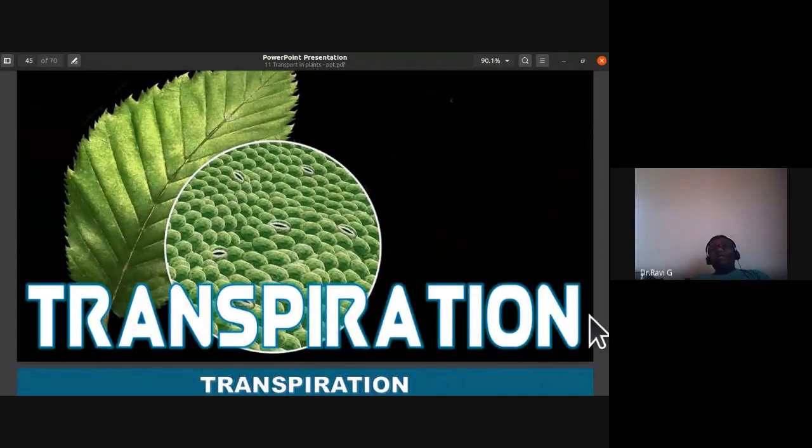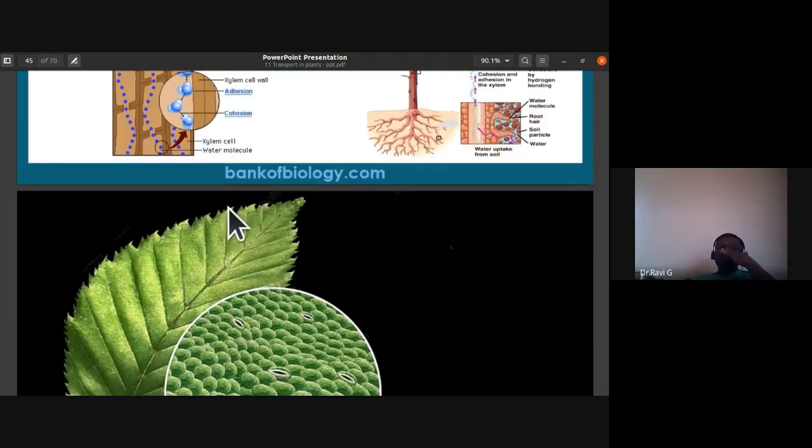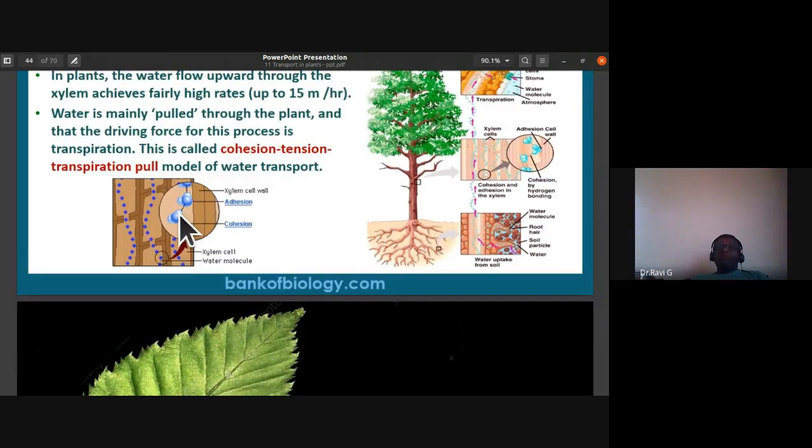So now let us understand transpiration before we completely understand this transpirational pull theory. So the force of attraction between the walls and the water molecule, we call it as adhesion. This is dissimilar, walls of the vessels. The force of attraction between water and water molecules, similar molecules, so we call it as cohesion. And the water is pulled through the transpirational pull, and water flows as a continuous chain because of the cohesion and adhesion forces.